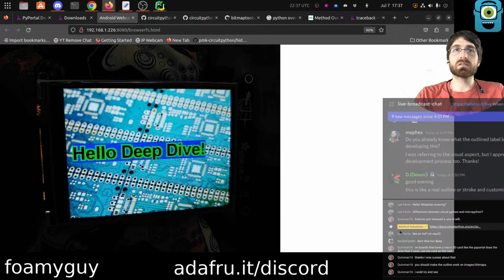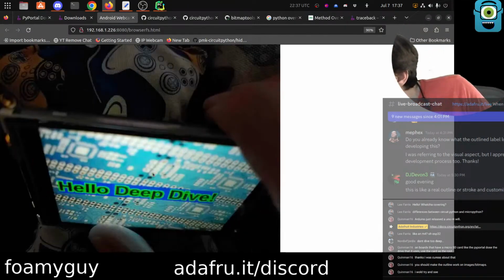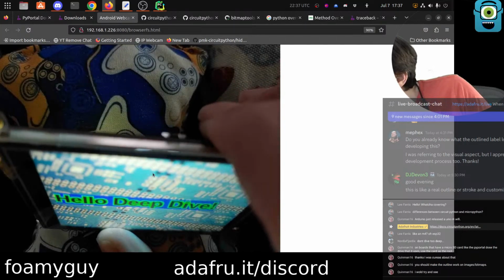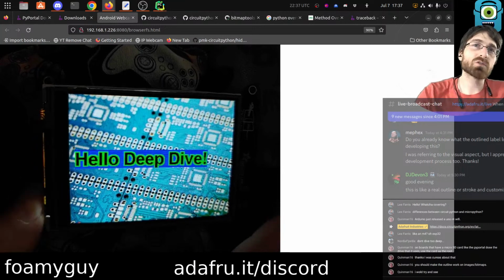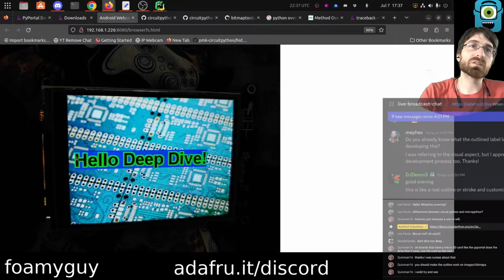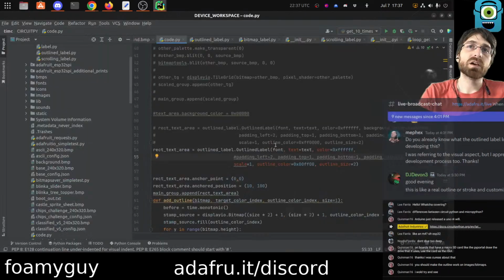Actually not terrible. So one thing is down here, we don't have the green, it looks like. And I guess maybe like 1 pixel on the left. I'm not sure about the left, but maybe 1 pixel on the left is cut off. Definitely the bottom of the P though. I think we need to intentionally make the padding bigger